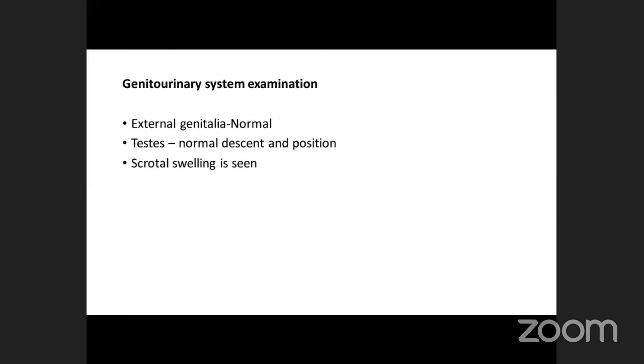Genitourinary examination. External genitalia appears to be normal. Testis is normal descent at normal position. There is a scrotal swelling seen. Okay, so very good that you mentioned the scrotal swelling, but you should also mention if there are any ulcers